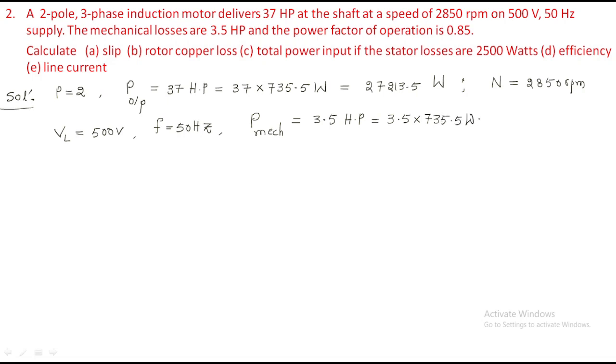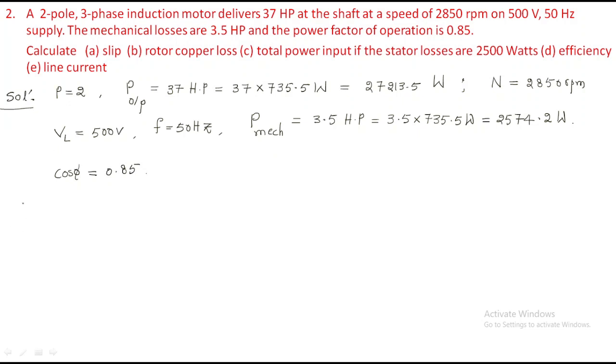Then we will get the mechanical power as 25742. All of you use the calculator while doing the problems, otherwise you will not get the practice, then you will get a lot of doubts in the examination. So this is the mechanical power, right? So what is the first question? And he has given the power factor also. Power factor is represented with cos phi, that is 0.85.